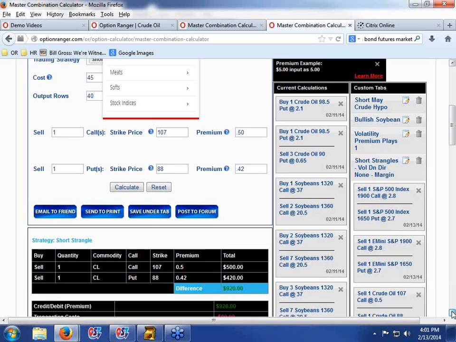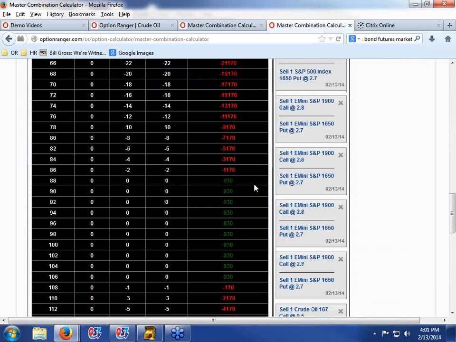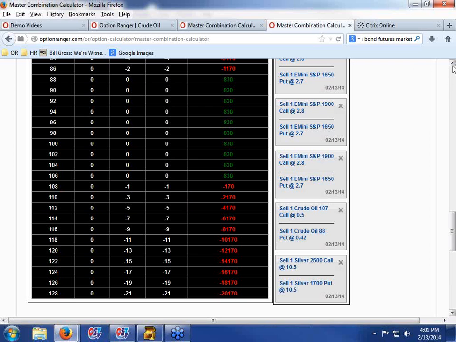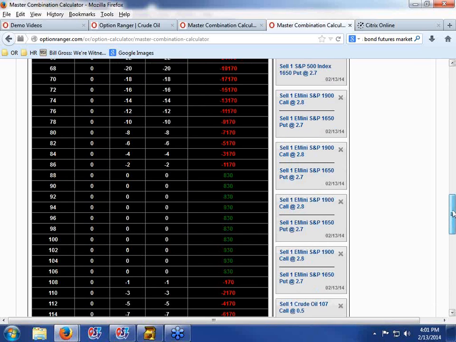So let's say, for argument's sake, if you buy a 110 call for whatever, I'll make up a number, 15 points or 20 points, then that would reduce your profit potential here, but it will also cap your risk levels here on a big upside event. So as with anything else, you give up some of your profit, but you also mitigate some of your risk,